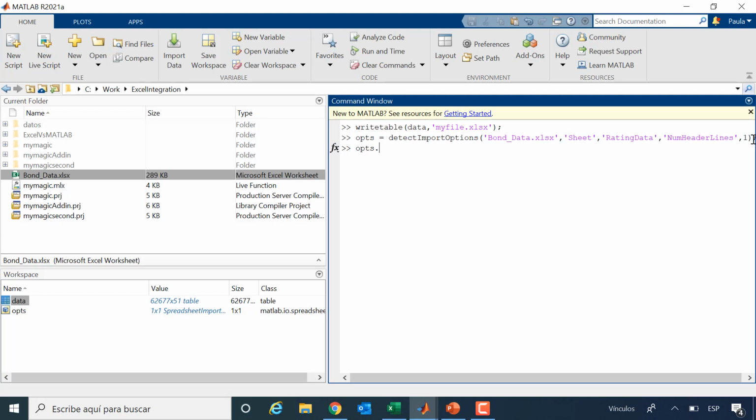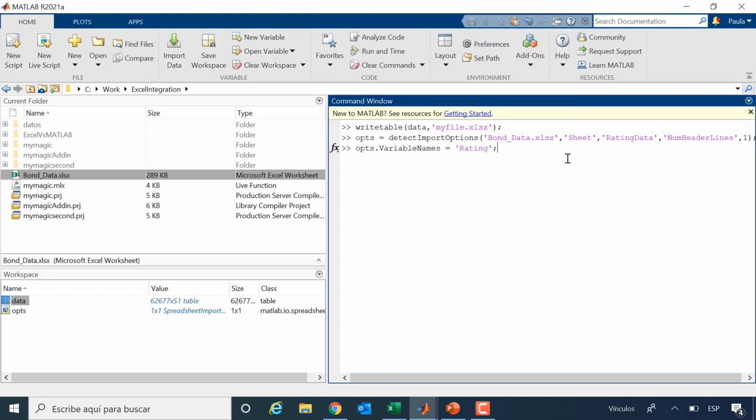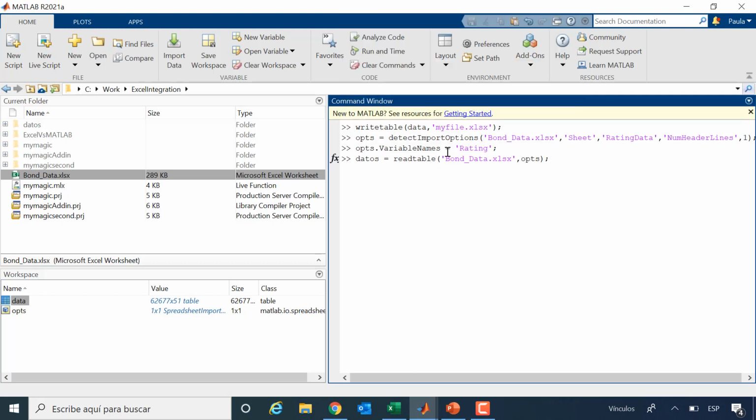And then I'm going to specify that the column that I want to read is only the column rating. And finally, I call, with a new variable, readtable. So I'm going to read this spreadsheet with these options.